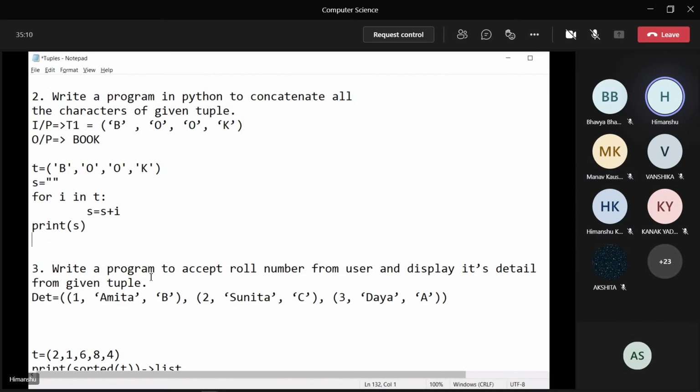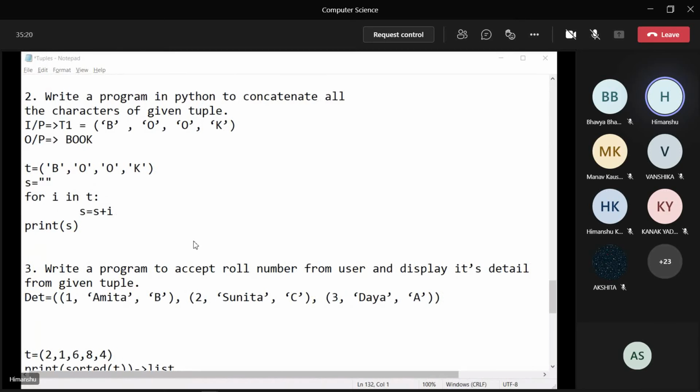Write the third one. Tell them, let me take the attendance as well.